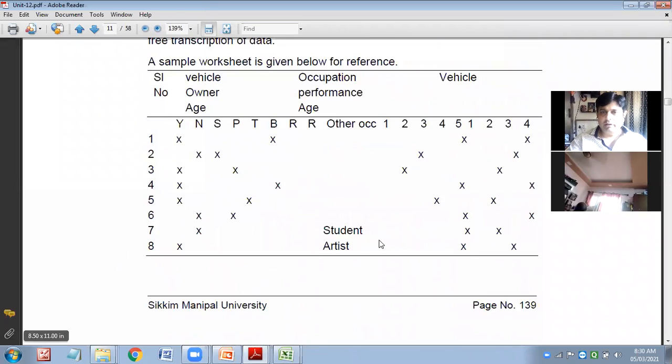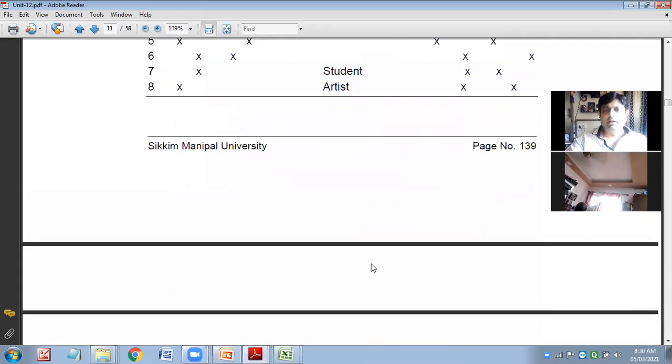So actually we do this kind of analysis when we go for Excel or even SPSS; you have to collect the data in this form only. Now you need not do it, because when you put the questionnaire, automatically this kind of formatting will come.